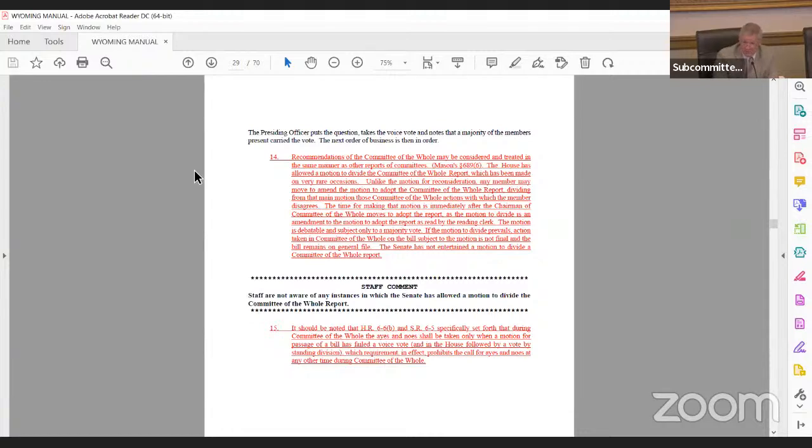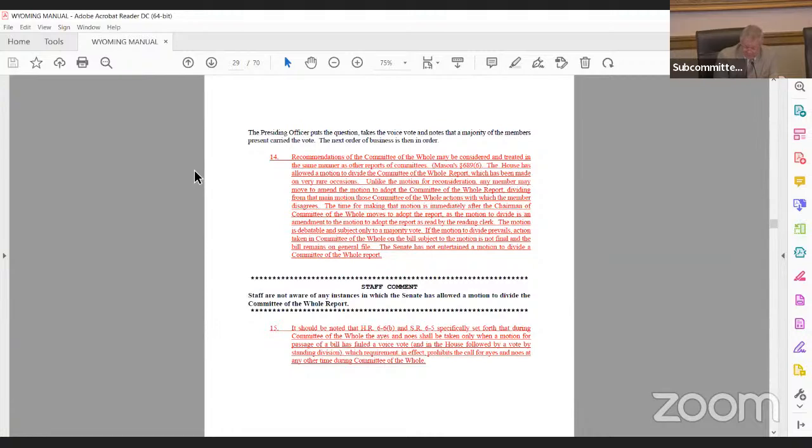So you go through committee of the whole, you've adopted or favorably recommended 10 bills. Someone comes and says, hey, I really didn't like the result on bill number 9. How do I get us to not adopt that? And our recommendation was you move to divide the committee of the whole report, Mr. Chairman, and the House has handled it that way. The Senate has not, as far as I know, and Ellen's here and she can correct me if I'm wrong, but I think that would be inconsistent with the Senate Rule